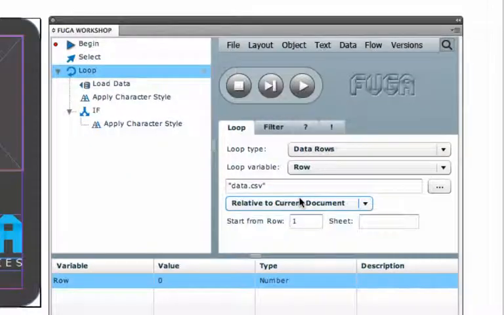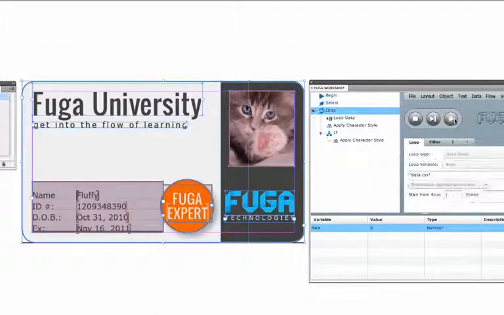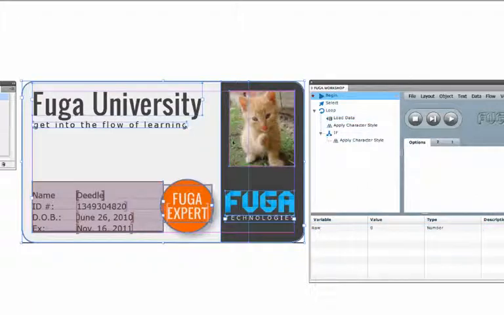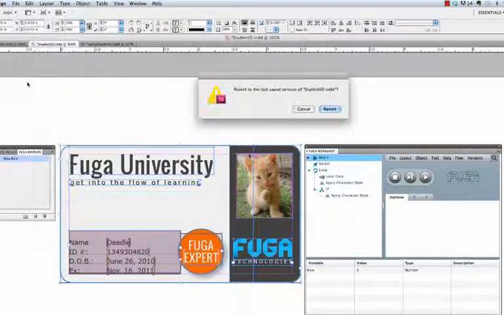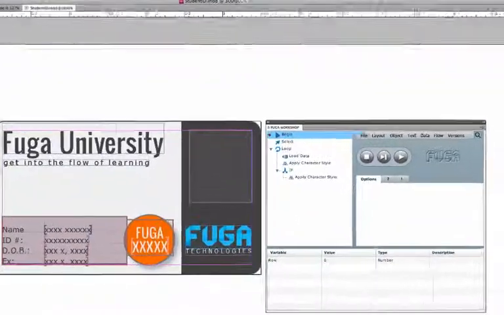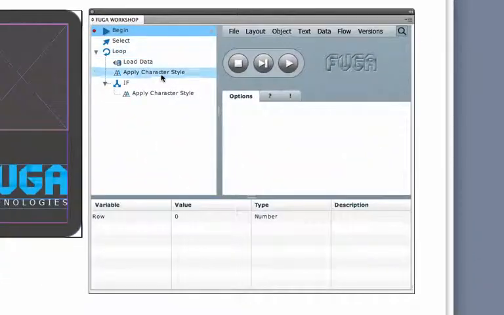Here, now I'll save the document and I'll play the flow. As you can see, Fuga is cycling through each row of the CSV. Now I'll revert the file. Okay, now what I want is for Fuga to export a PDF for each one of